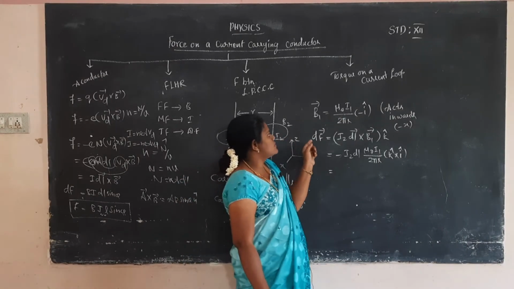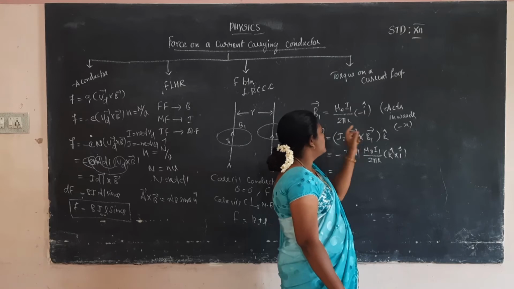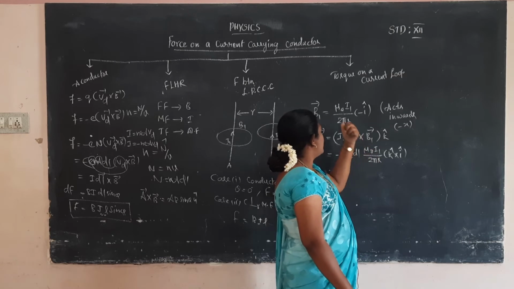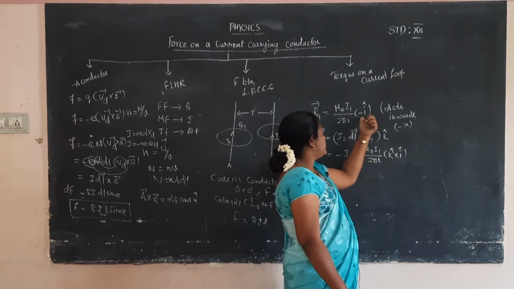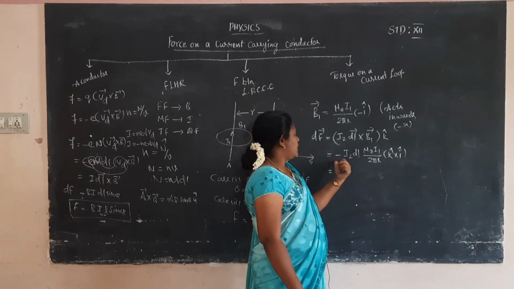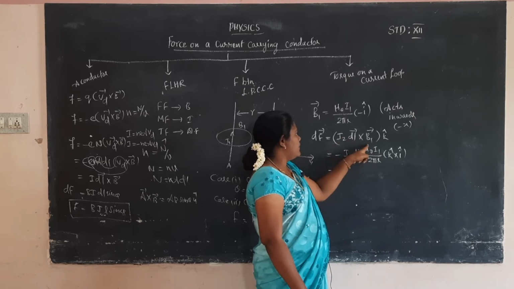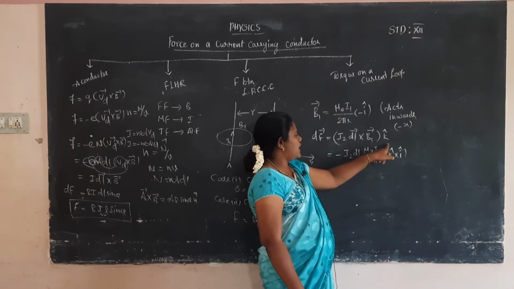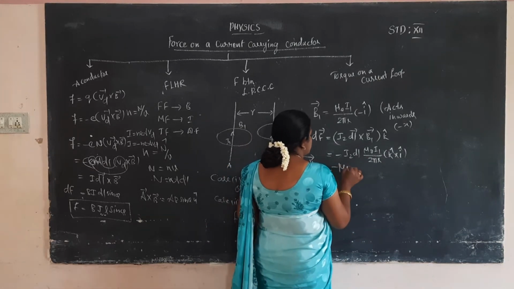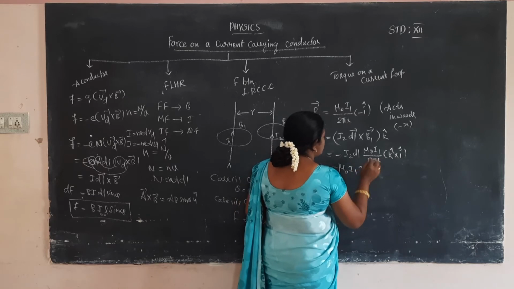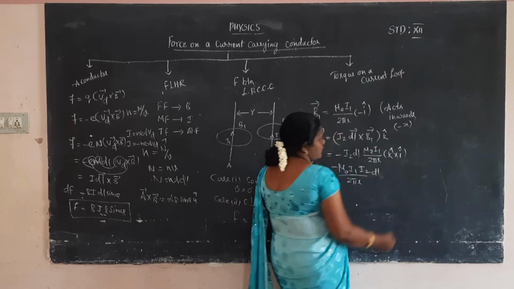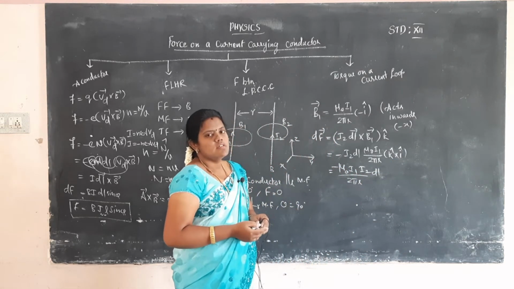So negative x-axis means B1 is mu naught I1 by 2 pi r times minus i cap. So I2 dl vector cross B1 vector. So I2 dl times B1, which is mu naught I1 by 2 pi r, k cap cross i cap. The negative sign is taken in front of the whole term. So negative I2 dl, and B1 is mu naught I1 by 2 pi r, k cap cross i cap. Clear? So now minus mu naught I1 I2 by 2 pi r into dl into k cap cross i cap, and all of you remember that,